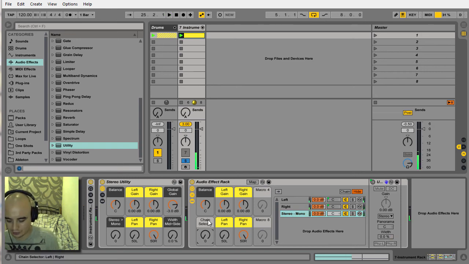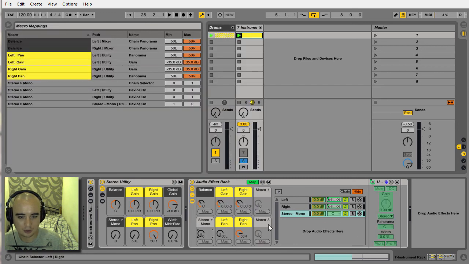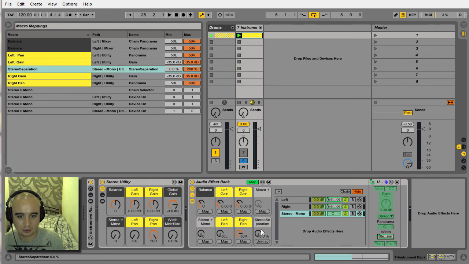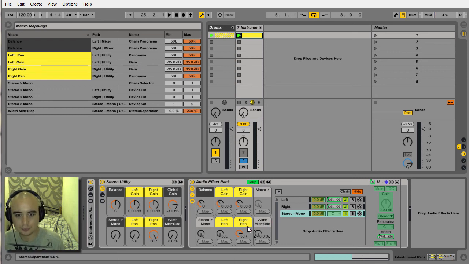So let's label that stereo mono, and let's map this macro to the width on the stereo mono track. Call that width, mid side,